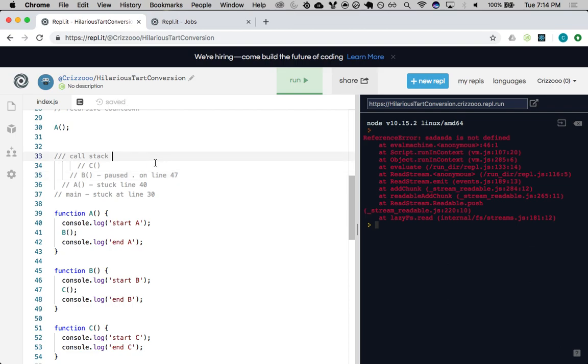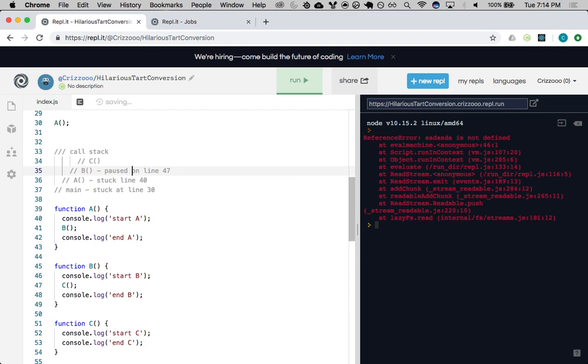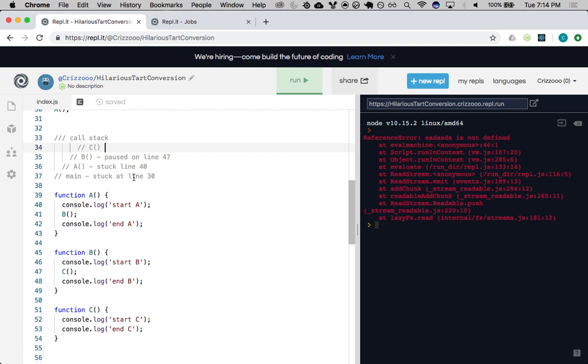47, thank you. And C is pretty easy. We log out start C, we log out end C, we hit that closing curly brace, and what happens? Yeah. And because I think you're grasping this pretty well, let's instead